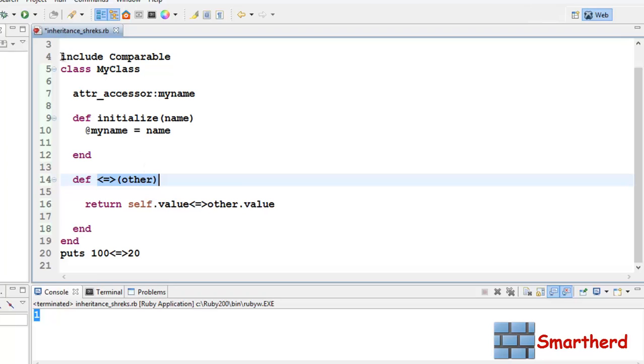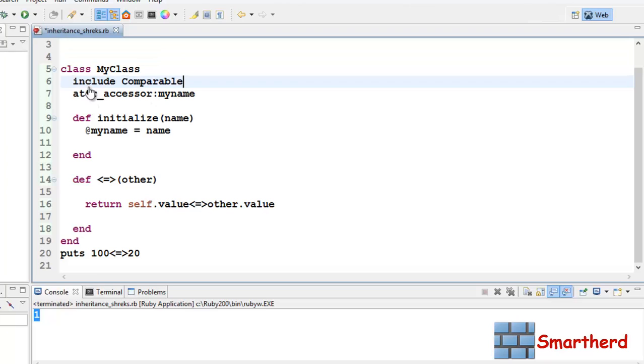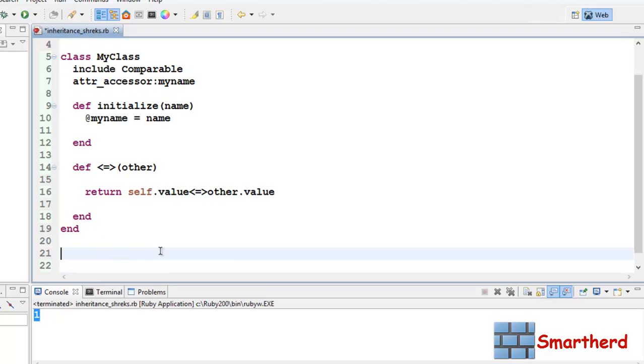Now let me cut this include Comparable and put it here. This will include the Comparable module within the class MyClass. So all the properties through which we were able to overload the operators will now be accessible by MyClass. Now let us erase it. Let us initialize the object.